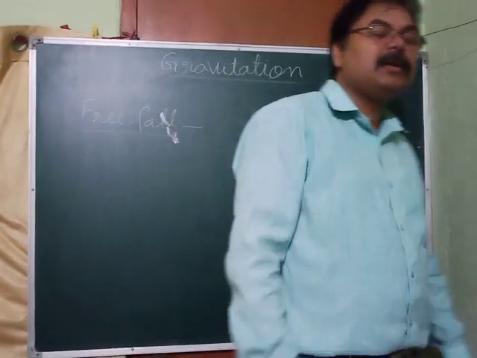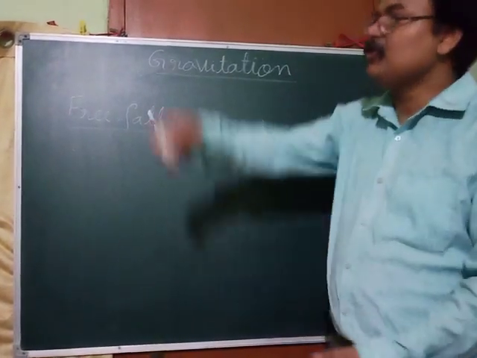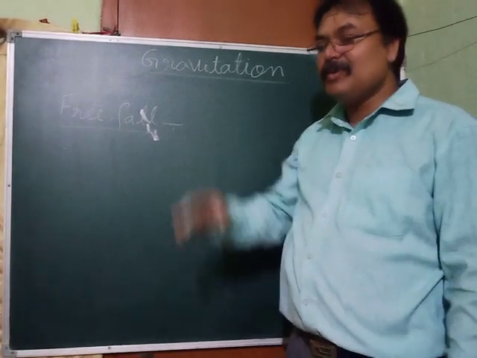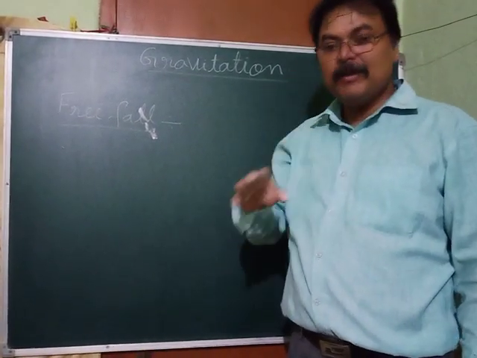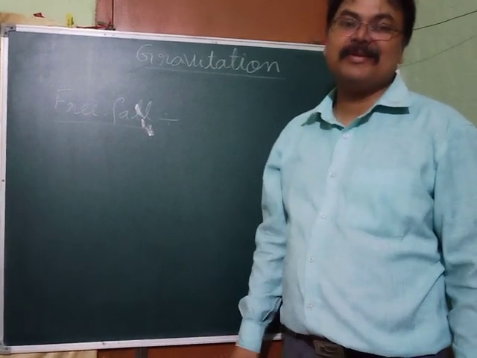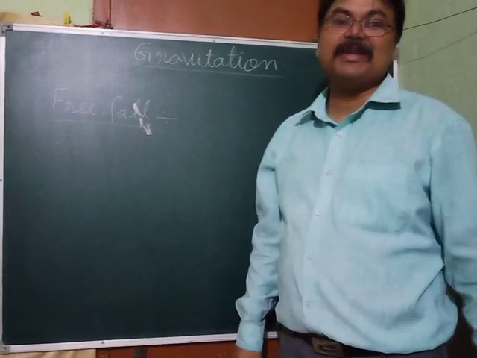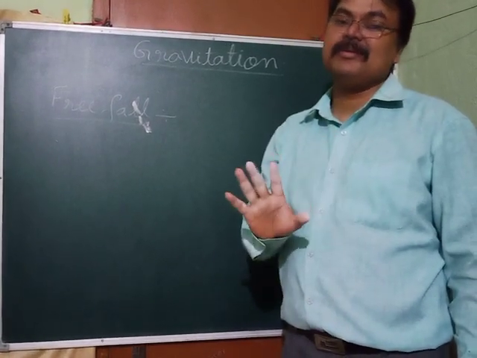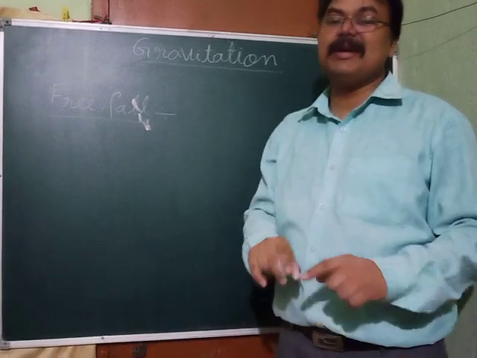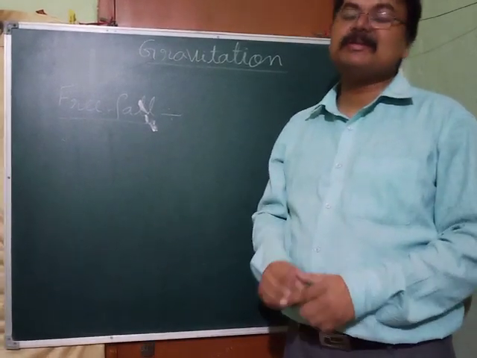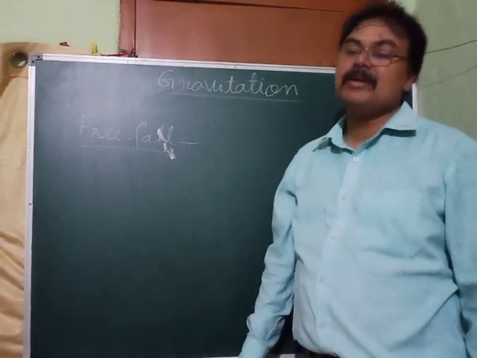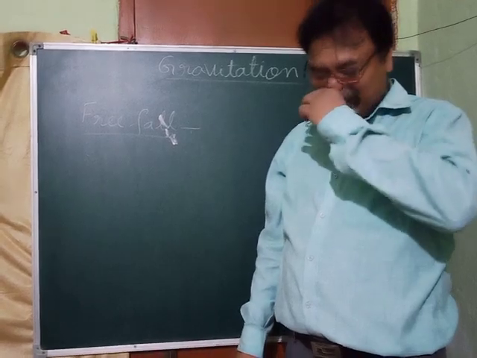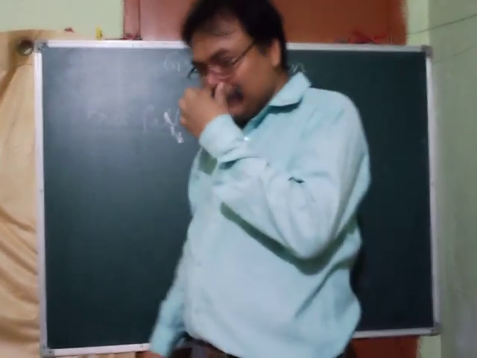Full stop. Now you just tell me, suppose I'm going to drop this chalk, so is it free fall? No. Why? Because the gravitational force of earth is acting, okay, that's fine, but at the same time air resistance is also acting, so that force must not be there. Only the gravitational force of earth should be there. Okay, only gravity of earth should be there, no other force must be acting. Only then we can say that yes, it is free fall. That means when you are dropping any object in vacuum, then it is called free fall, because no other force is acting. Clear?